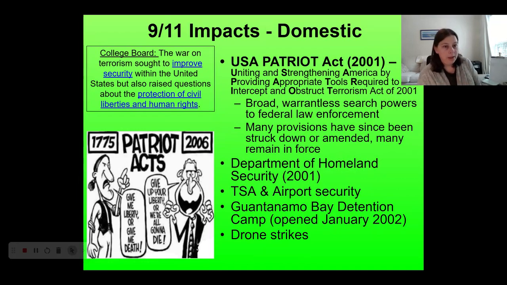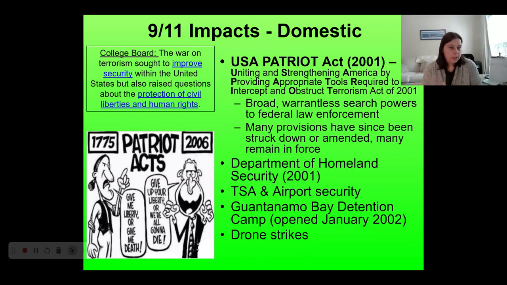They can look through your mail. They can ask your local library to tell them what books you've been checking out, right? All sorts of things that, again, would be considered invasive or unconstitutional if you were just suspected of, like, murdering someone. But if you're suspected of terrorism, then it's much easier for them to surveil you, basically. A lot of the parts of the Patriot Act have been struck down or challenged. Lots of them also still remain in place or in force.